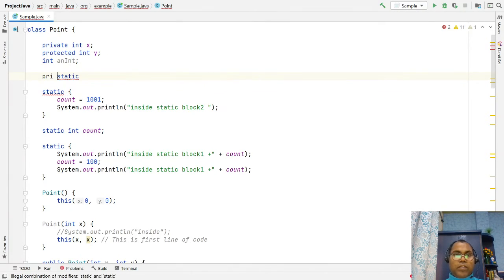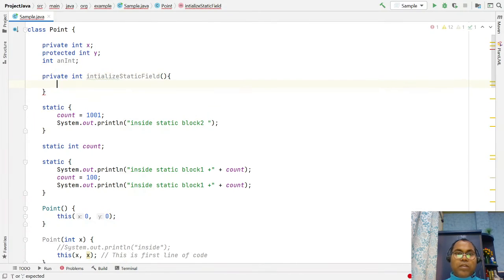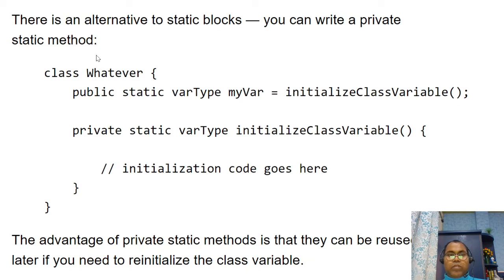So you can write here any kind of static. Let's keep private int initialize as a static field. Okay, that should be static.